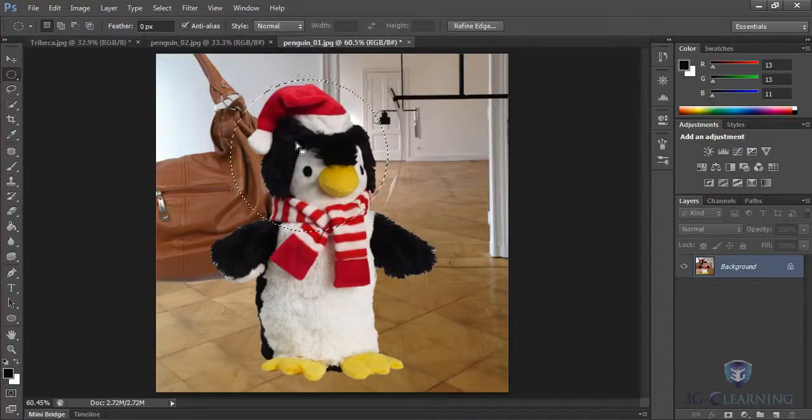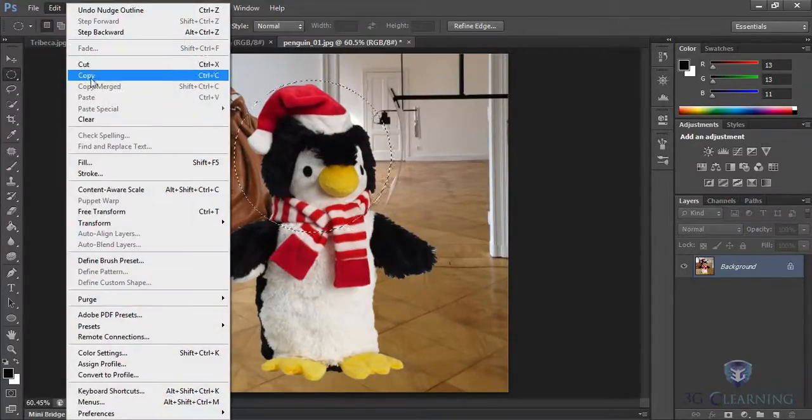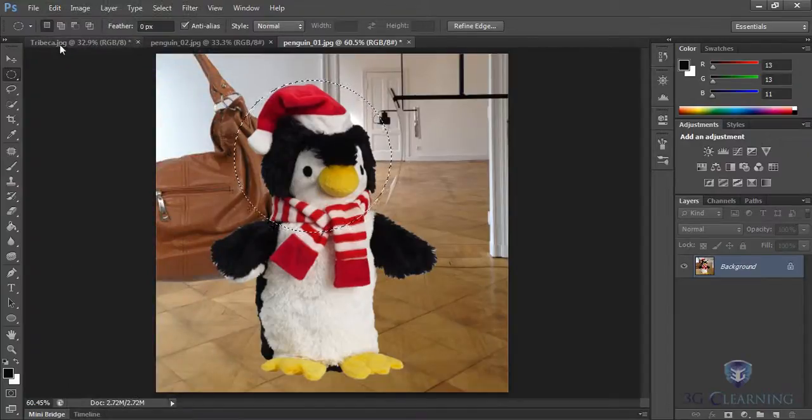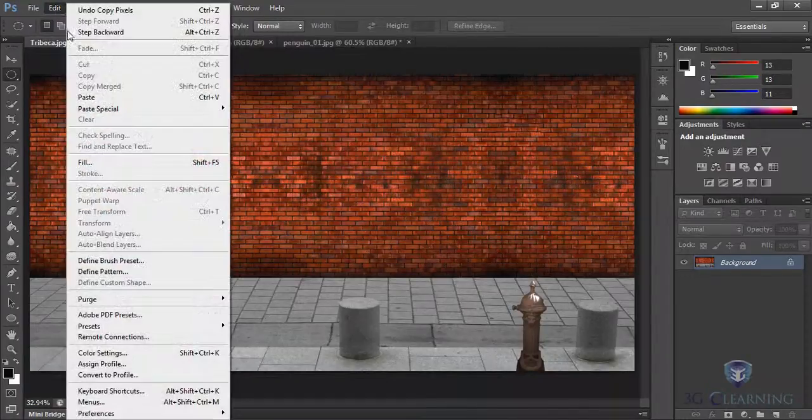Nudging can be done individually with your up arrow, down arrow, left and right arrow keys, or a power user trick. To make bigger nudges, hold down your Shift key and hit your up and down, right and left arrows. That was with the Shift key. Without, there we go. And I am going to choose Edit, Copy. I will go to the Tribeca image, Edit, Paste,